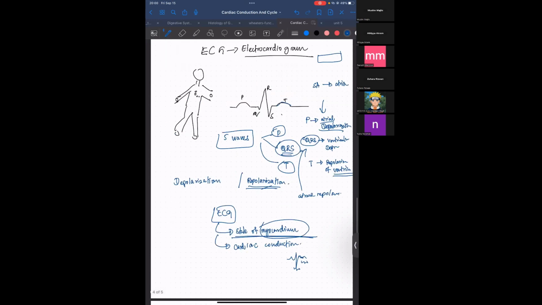Conventionally there are 5 waves. These 5 waves are P, that's taken as 1, QRS, that's taken as 3 waves, and T wave. P wave represents atrial depolarization. What is the impulse? The impulse starts from the SA node and sweeps across the atria. QRS will show you the